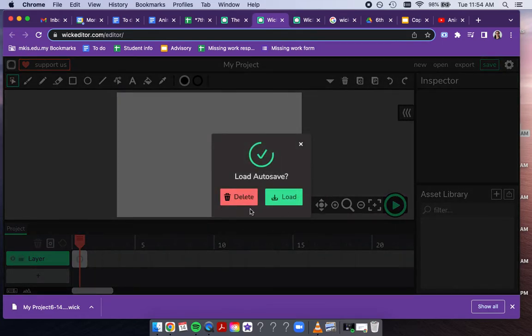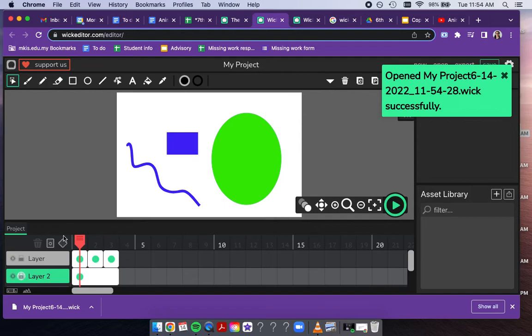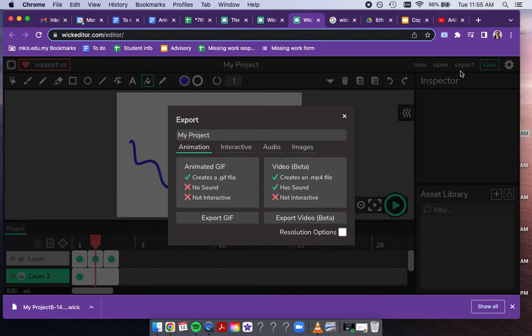either it will say load autosave, and if it does, you can just click load, and that's really easy. Or you can go into your downloads folder and then just drag that project in, and that opens up the exact project again. So really, really important to constantly be saving. It does not autosave. When you are 100% done with your project, you're going to click export,